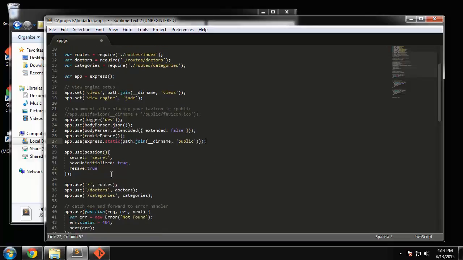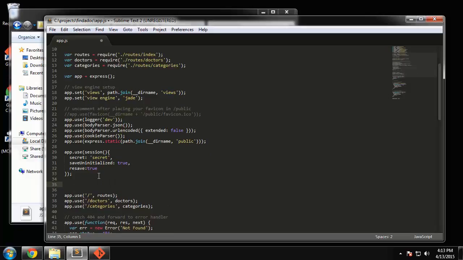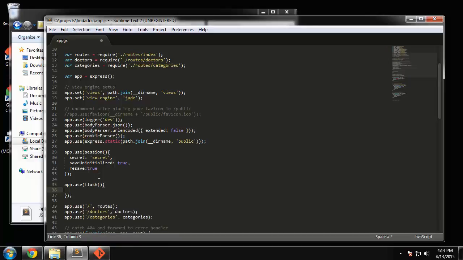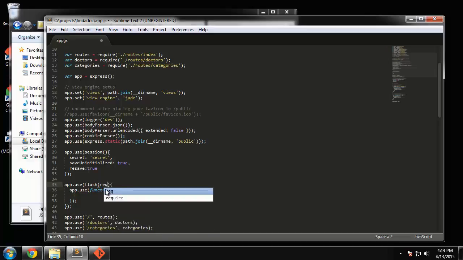Okay, so next we'll do the flash. So we want to say app.use. And we're going to say flash. And then we're going to say app.use function. Okay, the function is going to take in request, response, and next. Alright, and then inside here we want to say